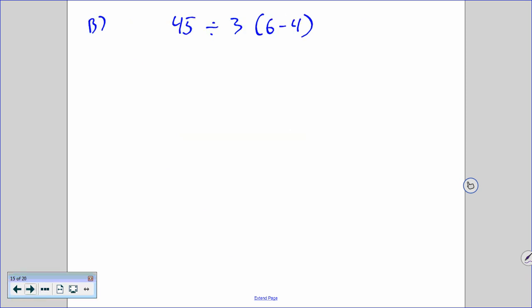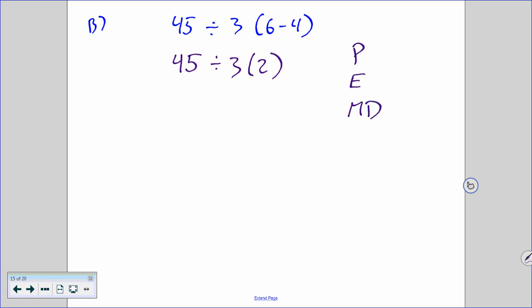All right, order of operations. Okay, well, again, you could do the distributive property here first if you'd like, but let's keep it simple. This is 45 divided by 3, and 6 minus 4 is going to be 2, okay? Now, again,